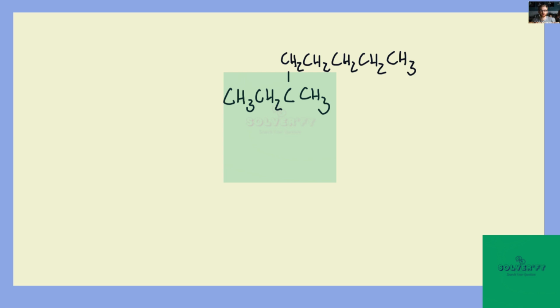Okay, let's take a look at the following structural formula: CH3, CH2, C, CH3, and coming off of that central C, we have CH2, CH2, CH2, CH2, and CH3, and down below, the exact same thing: CH2, CH2, CH2, CH2,